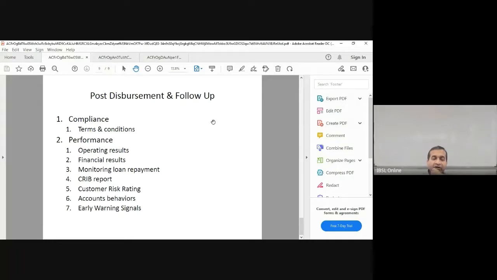So there are the early warning signals, internal and external. From the site visits, you can see them, and from the accounts, you can see them. From the financial information they provide, you can see them. From the gossip lines, you can see them. From the suppliers, you can see them. From the buyers, you can see them. From the reputation, from the newspapers, there are various other methods by which you can see the early warning signals.